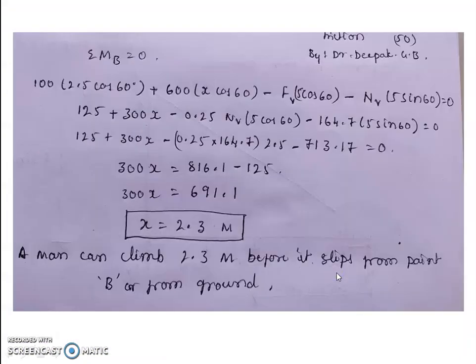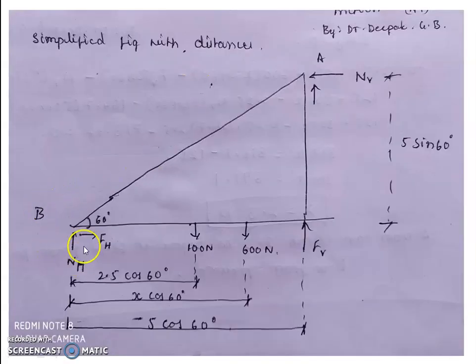Okay. Now I will take moment about B is equal to 0. I already told you, always consider the reference point as the horizontal point. Here the reference point is the horizontal point, which is in contact with the horizontal surface. The ladder is in contact with the horizontal surface. Always consider this point of contact with the horizontal as the reference point. Now you take moment. If I take moment here, the NH moment is 0, and the FH moment is acting along the line, so there is no perpendicular distance. That's why these two become 0.